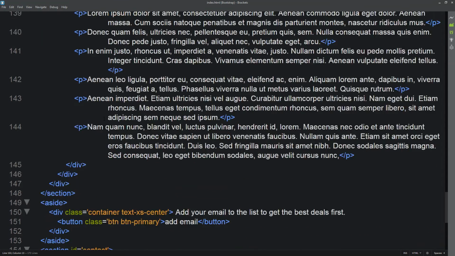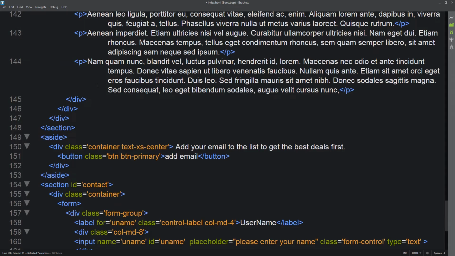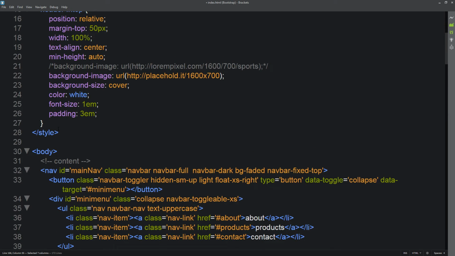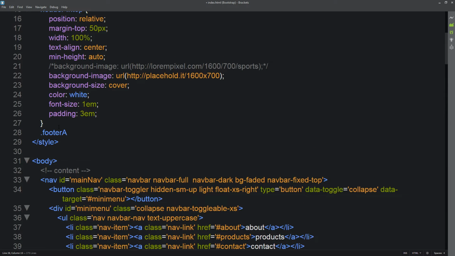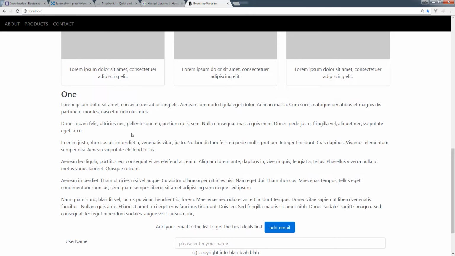So also what I wanted to do is update our footer. So we've got our footer class there, and maybe let's just do footer A or something like that. So give it a class of footer A, and I want to give it some size. So just going into where we're customizing our styling, and we're going to give it a height. So default height of maybe 200 pixels. So this for now should give us a bigger buffer here,